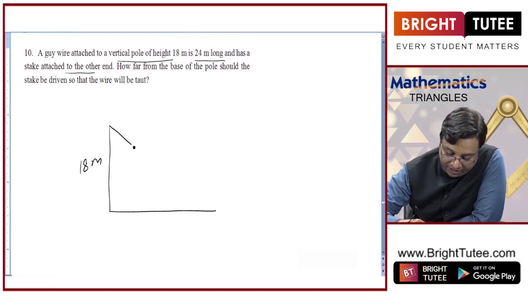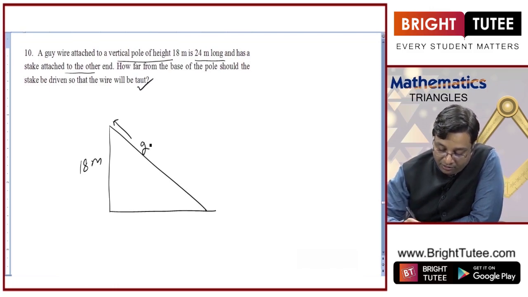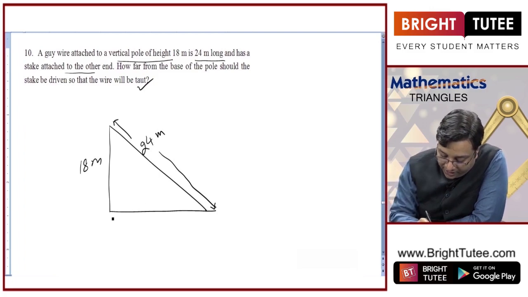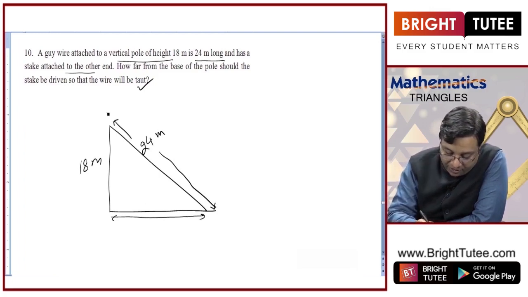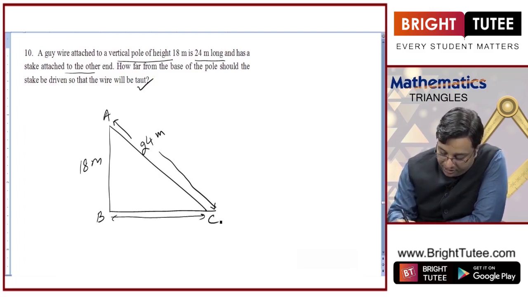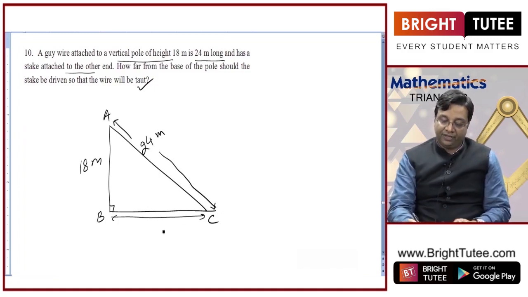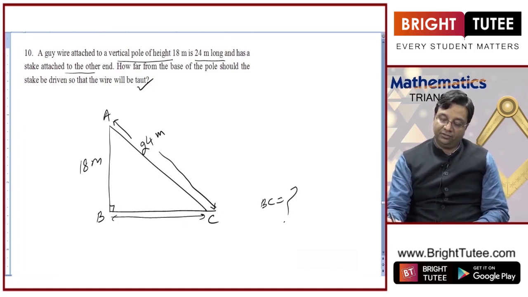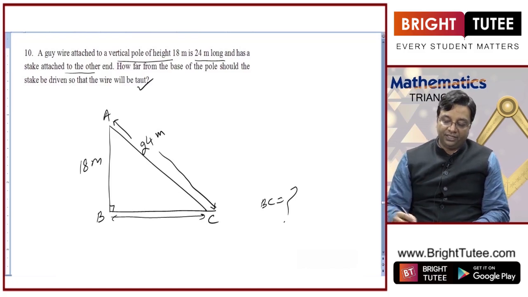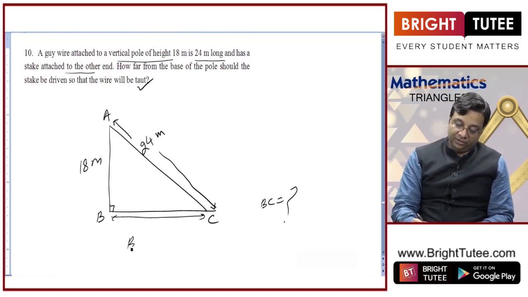That means this wire, when completely stretched, or in other words it's taut, is 24 meter long. So we need to find this distance here. If this is A, B, C and this angle is 90 degrees, we need to find BC in this question. Okay, so by Pythagoras theorem,